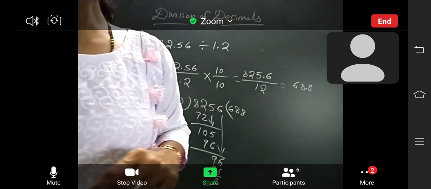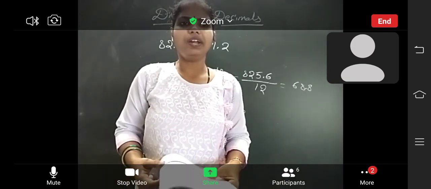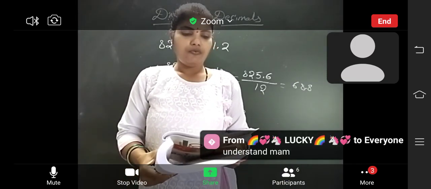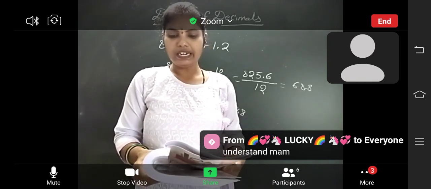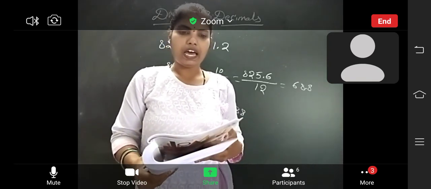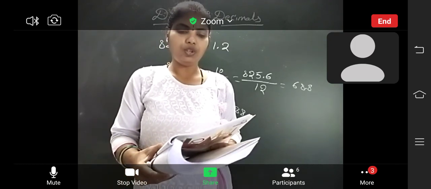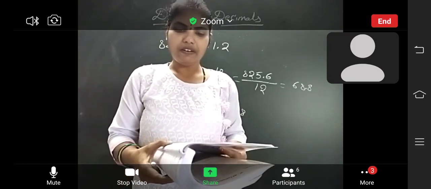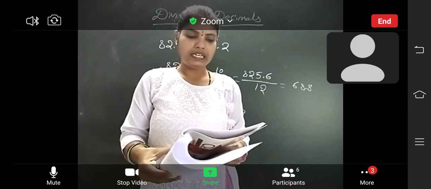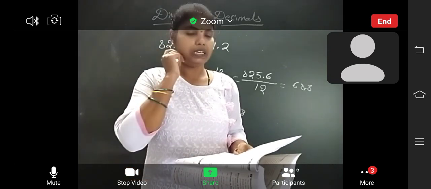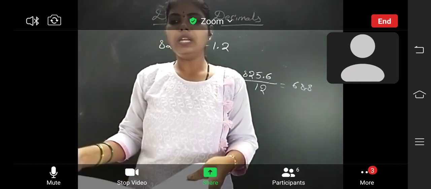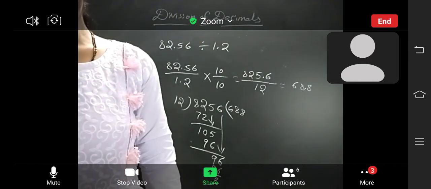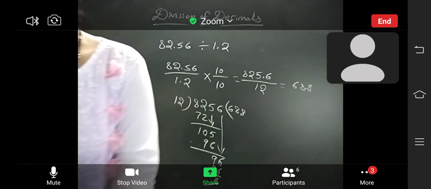Next one, rounding of decimals. How to round decimals, children? For rounding a decimal to a particular decimal place, we look at the next decimal digit. If it is 5 or more, we add 1 to the previous decimal digit. Otherwise, we use the decimal number as it is, dropping the unnecessary decimal digits. So, we already know the rounding of numbers. Write that only, same as it is. Okay. So, example C.